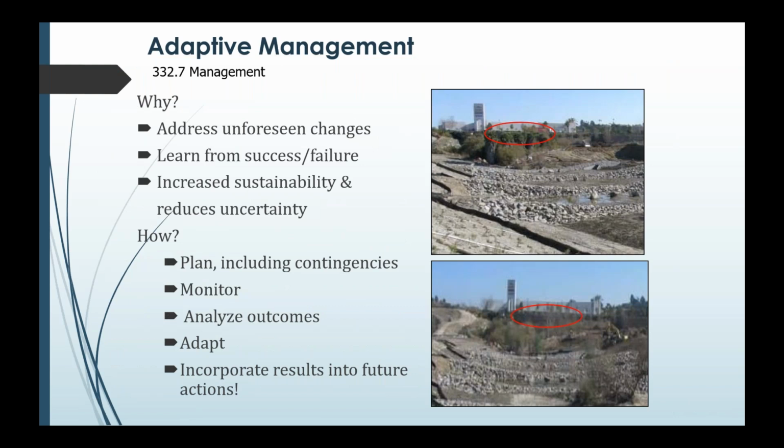Okay, so quickly, adaptive management. Why do we do adaptive management? Right? We need to learn from our successes and failures, and this is really where I think that we are lacking in the regulatory field right now, because if something fails, we don't have a great database or a way to take that data and apply it and change our decisions in the future. And so it takes a long time for us to make better decisions. But adaptive management at the site-specific level helps you succeed, right? You are adapting when conditions change, maybe adapting in the future to climate change, adapting to things that might happen in the watershed, like a new development that's being